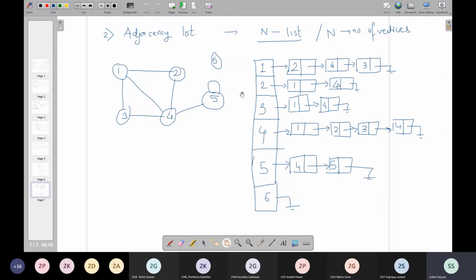For the relation of 2, 4 and 3, there are independent linked lists of 2, 3 and 4 over here, right? So for the first linked list, we are only bothered about the adjacent vertices of 1, and we are not interested in the sequence in which we add the vertices 2, 4 and 3. So we have the liberty of adding the vertices in any possible sequence, right?